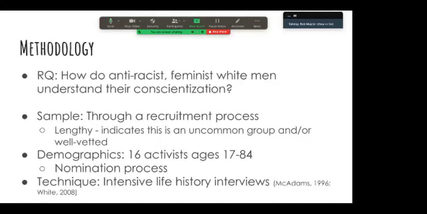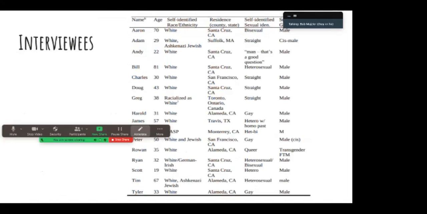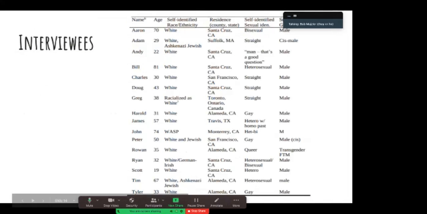And I heard back from the participants that the interview itself was a type of concientización in terms of the reflection piece of it, that they really appreciated. Don't know if you can see all this, but this gives a sense of who were